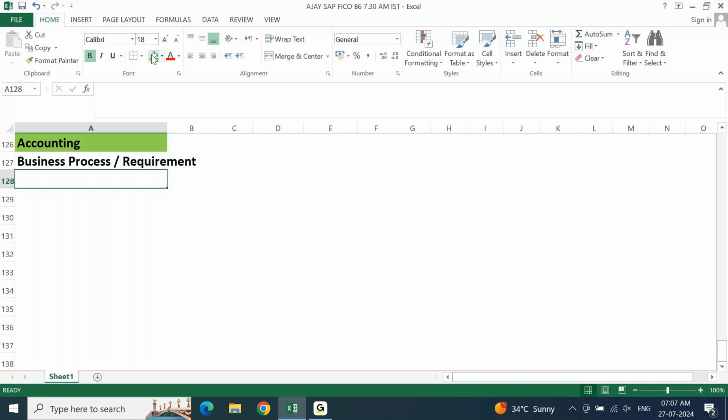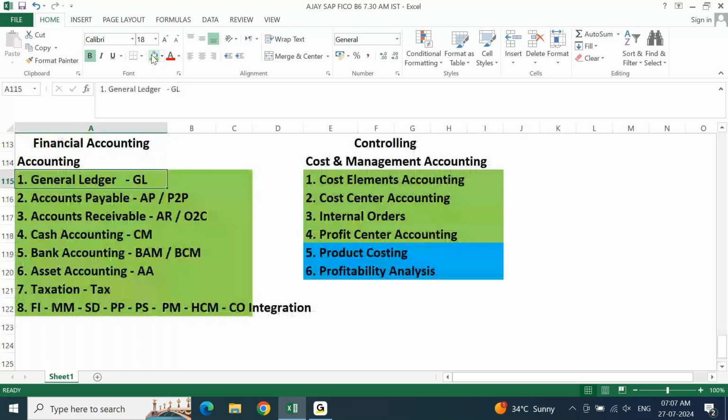Meaning, on all the areas we listed on the top, make sure you can easily talk, you can easily communicate, you can easily understand what your client is talking. It is not that for GL, I know the definition of a GL, I know the configuration steps of the GL, I know the transaction code to post a GL entry, I know the transaction code to create the GL account, I know the transaction code to run the GL report. That is not going to practically work out. No matter how many hours you practice, how many days you practice, how many years you practice, that approach will never make you a successful consultant.